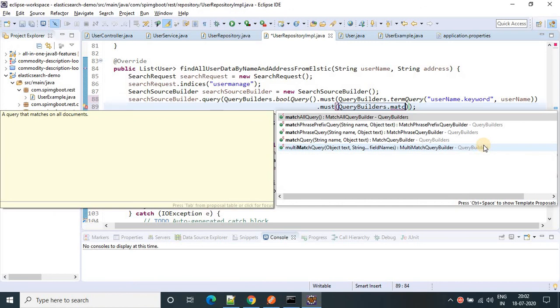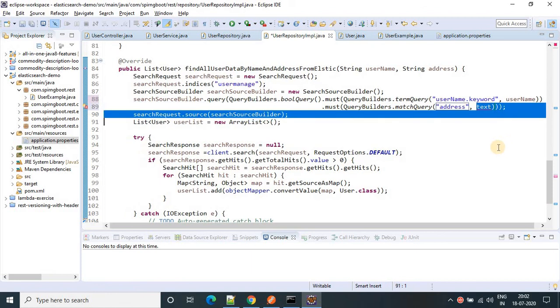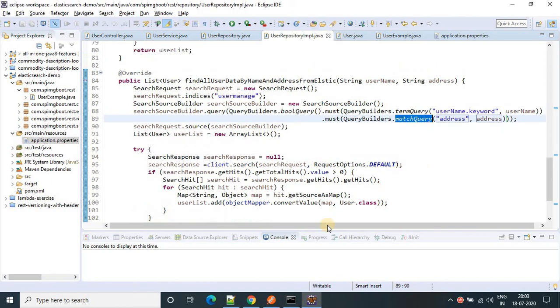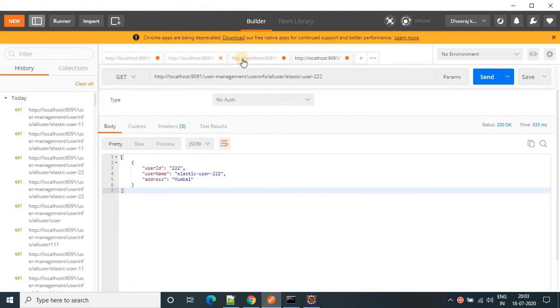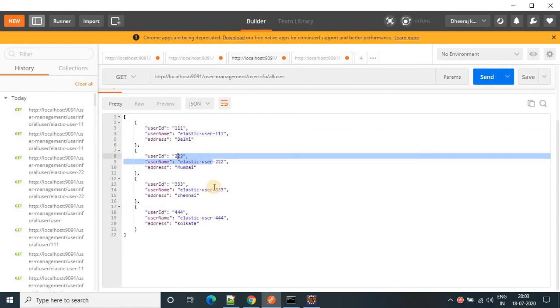Match query, and here I am going to provide the name, that is address, and the value is also address. Now why have I provided a match query here? If you see this output, the first two tokens of the name are the same: elastic user, elastic user, elastic user, right?